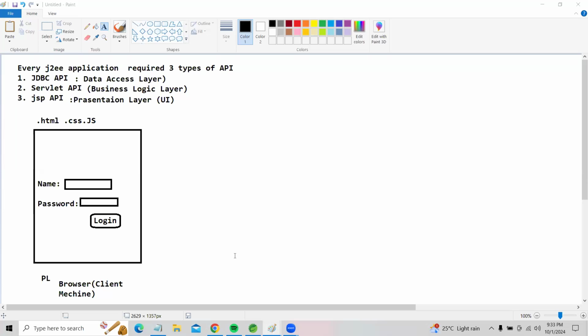But in a framework, we are not going to focus on the common functionality. The common functionality is given in the form of APIs. We are going to focus on business logic only. So if you focus on business logic, sir, the developer won't get burdened. That's why we are focusing on frameworks nowadays.